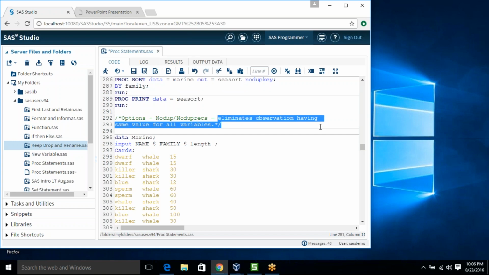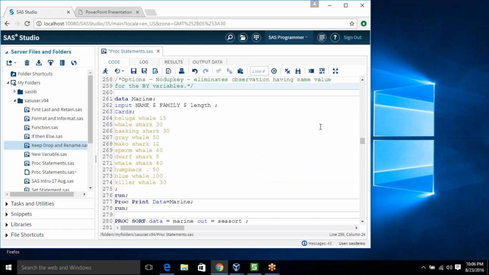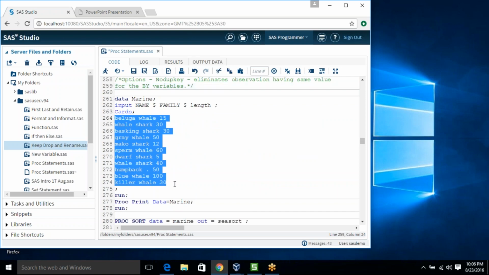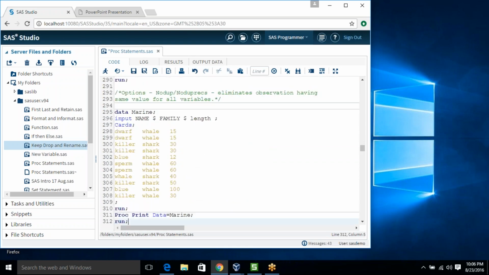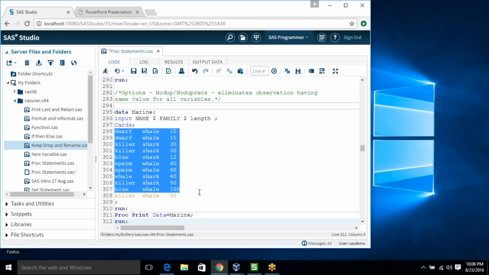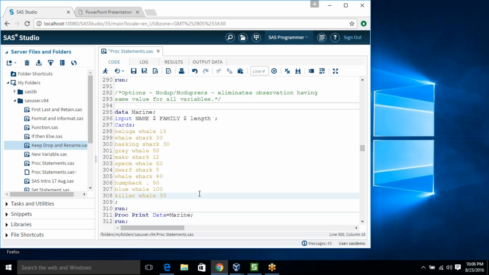It doesn't matter what you have specified in your BY statement. Just assume that you have this data. Basically here you can see I am getting multiple entries.